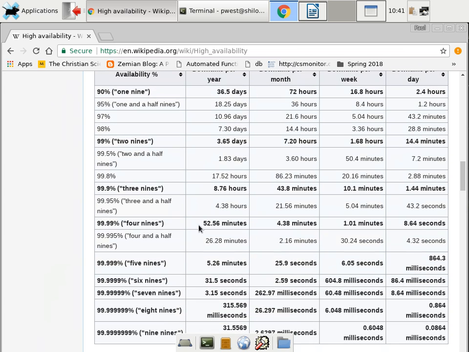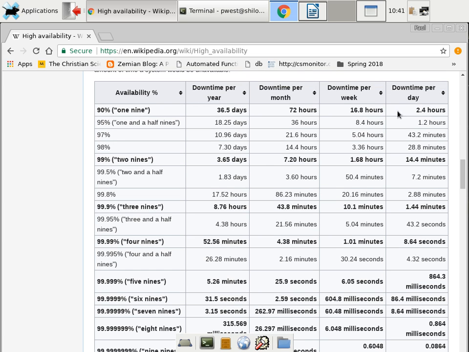All right, so if we do availability of 99%, or 2 nines, that means, let's see what's over here. And over here is downtime per day, 14.4 minutes. Are those good odds? That's how much time it would be not running correctly. Oh, 14 minutes out of the day. Well, that's pretty bad. If that's a pacemaker, that's pretty bad. Yeah, that would be. All right, so 99% is probably not going to cut it.